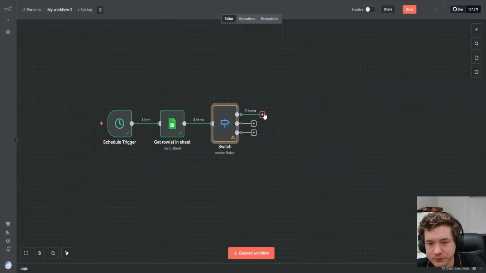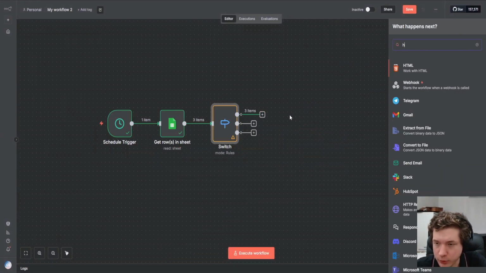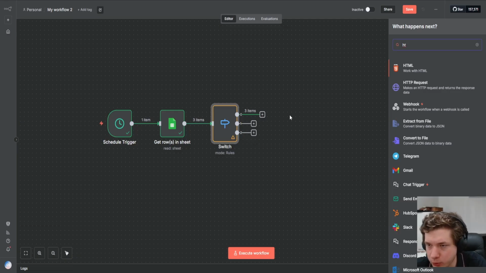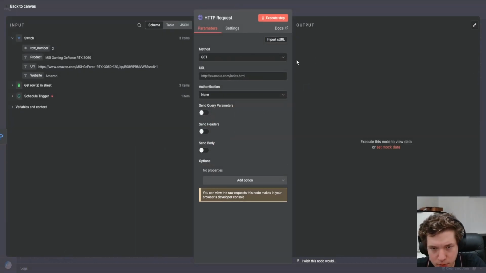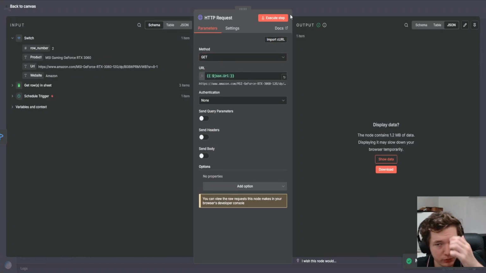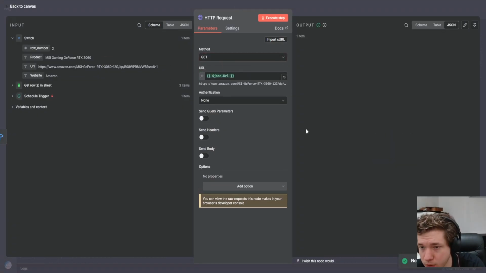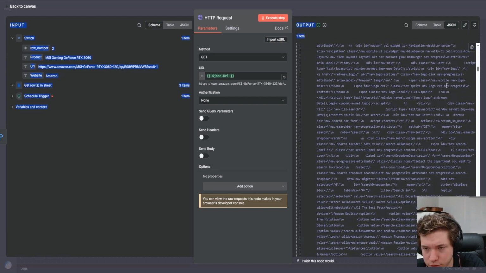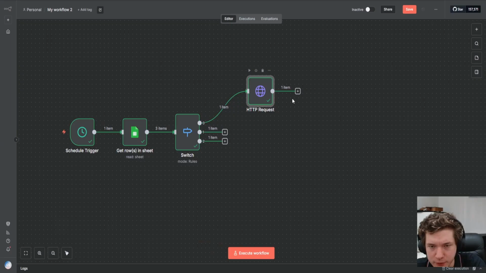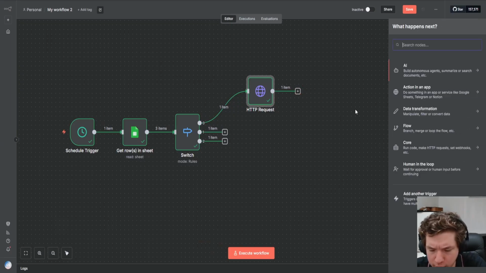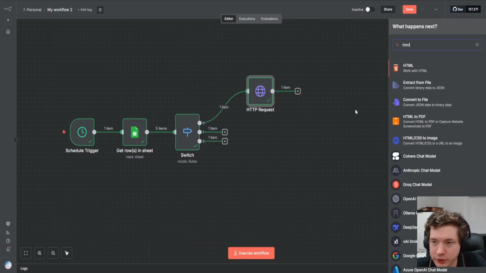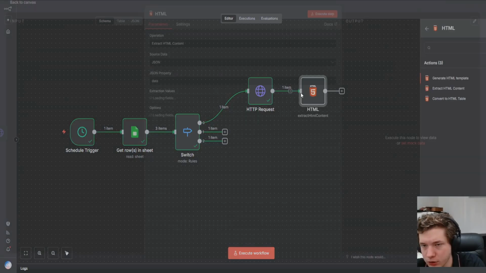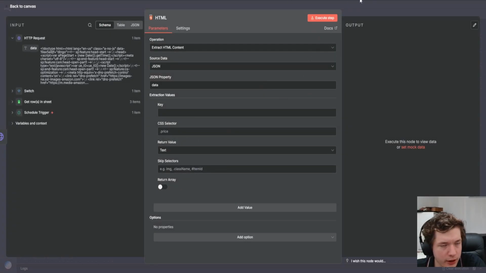So we're gonna create an HTTP request node right here, and URL, and let's execute it. So here we got all the page, and after getting the page, we're gonna create an HTML extractor to extract its